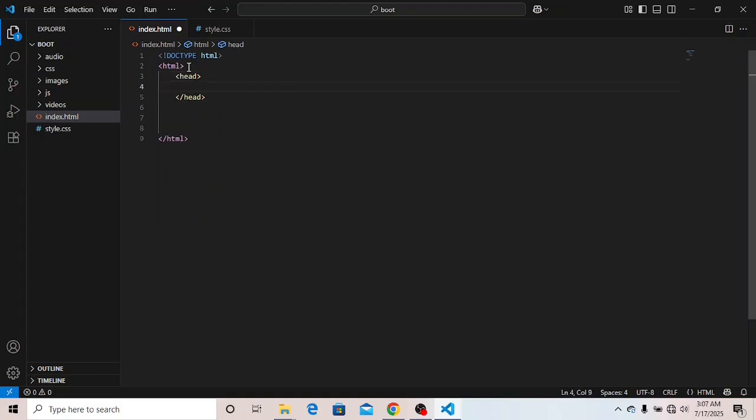Within the head tag, you open another tag, call it meta tag. This is for declaring that your web page is compatible with UTF-8 encoding. Close the tag. You open another tag, call it meta also,